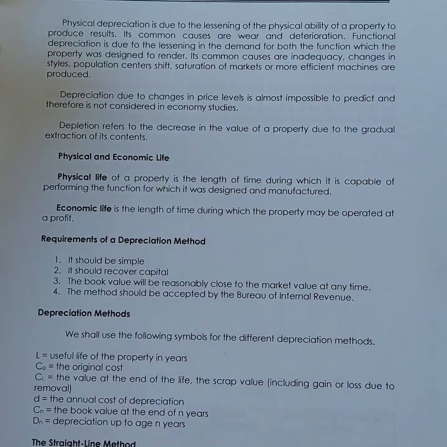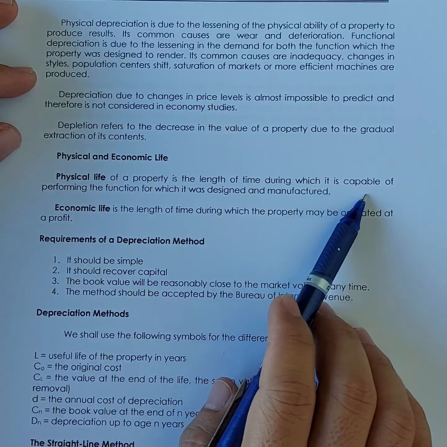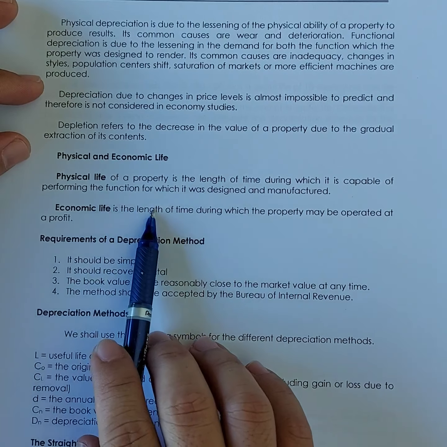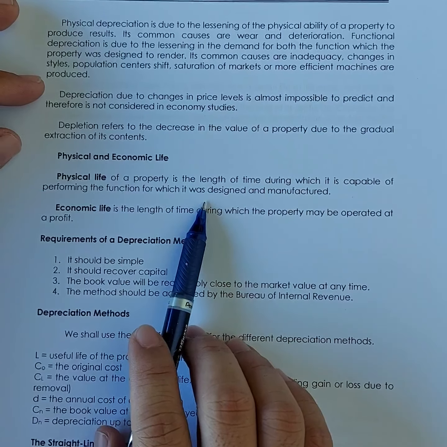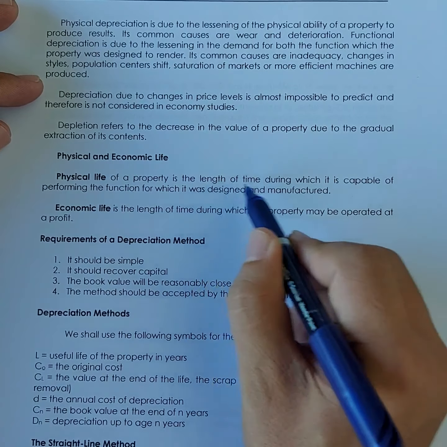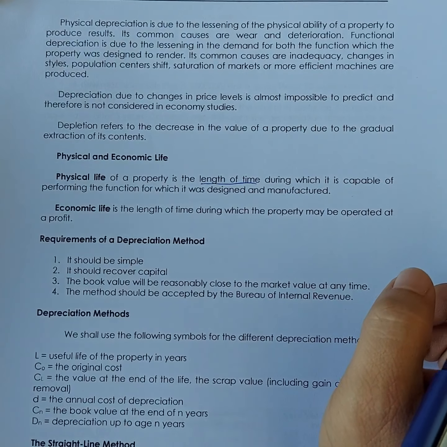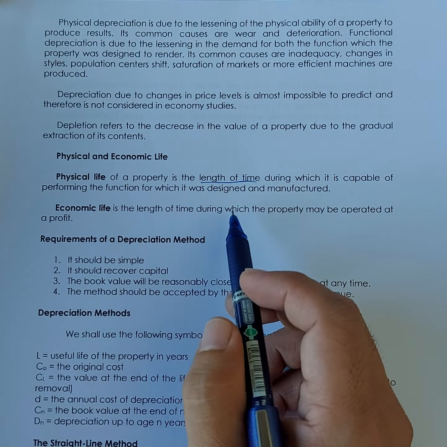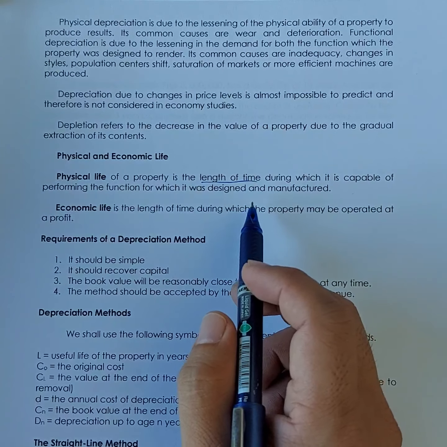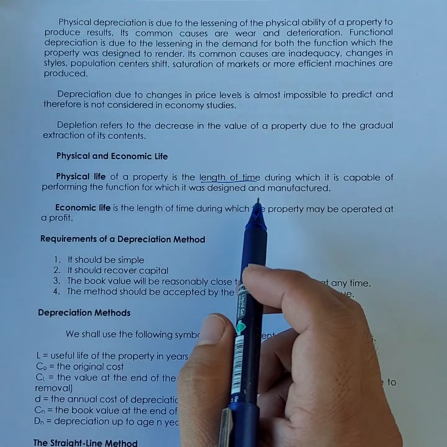So physical life of a property is the length of time during which it is capable of performing the function for which it was designed and manufactured. So length of time, so kung ilang taon or buwan, sometimes buwan, it can perform kahit na hindi na siya economically viable. For example,